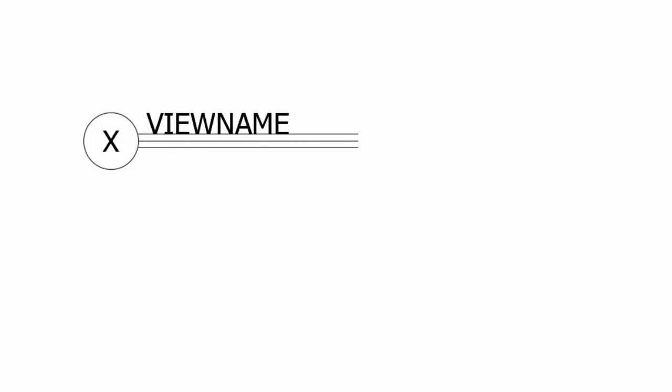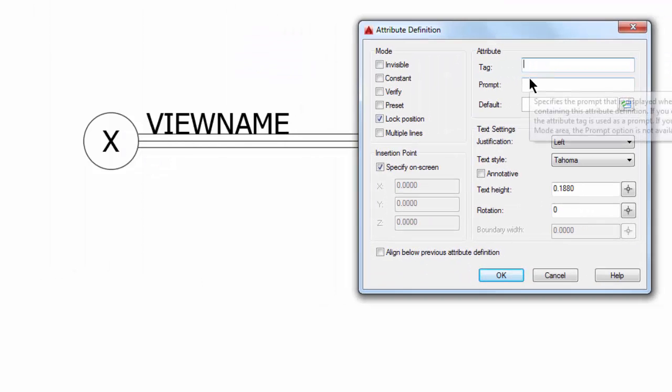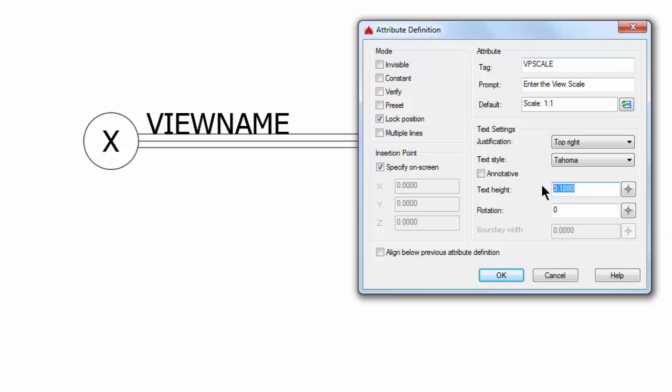Okay, one more attribute. The tag on this is going to be called VP scale, because this is going to be for the scale of the actual drawing, which will be in a viewport. So I'm going to put here, enter the view scale. And the default is going to just say scale, and I'll just say 1:1 for this. Now this justification is going to be the top right, and the text height here is going to be smaller. It's going to be 0.1,